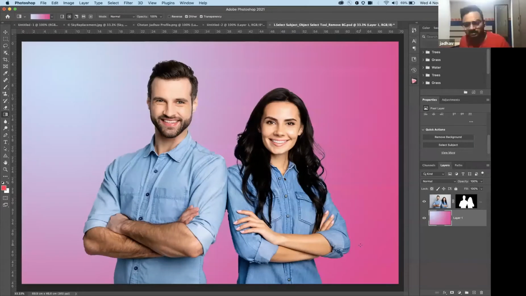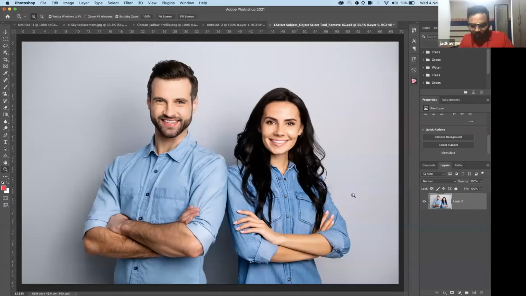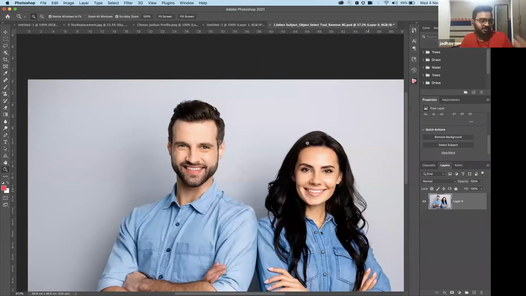So these are some of the new features which recently came out this year, and some of the features got improved in the Max release. Now, one of the features that got improved is Refine Hair. If you want to select all of these fine details of the hair, it's very, very simple now. It was simple also, but now it's even simpler.